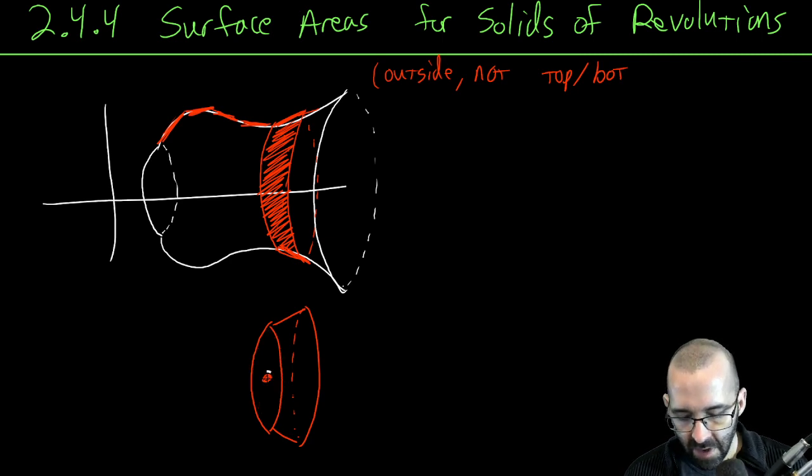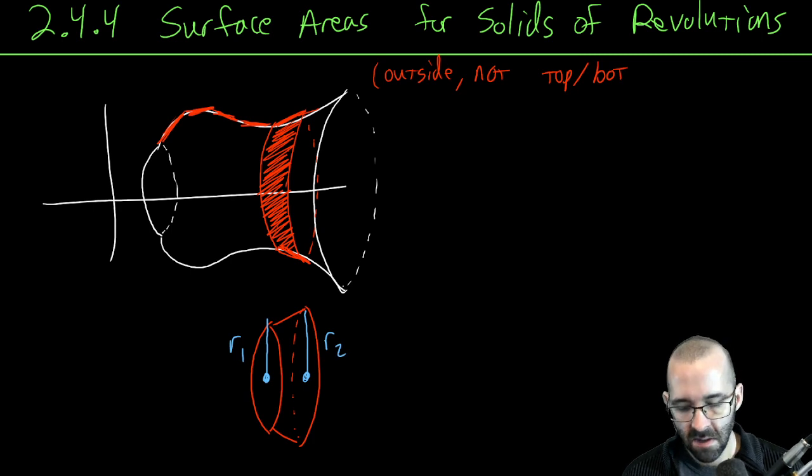So if this top of the cone has some radius, let's use a different color, make it a little easier, and this is some other radius, they're both circles, and then this guy right here, let's actually do it on the bottom, is some length L. Then we know that the area of a frustum,